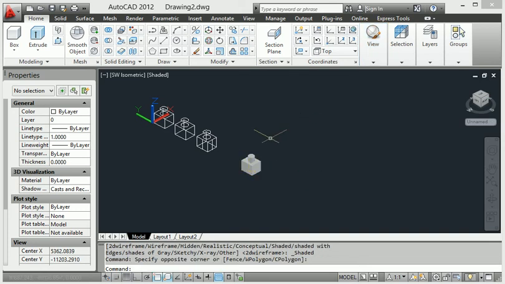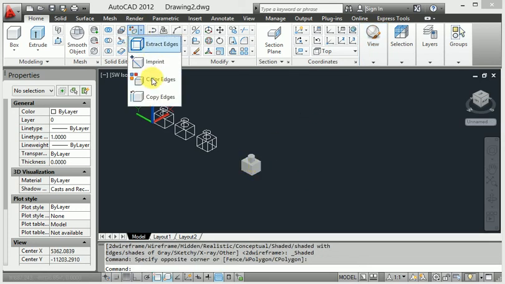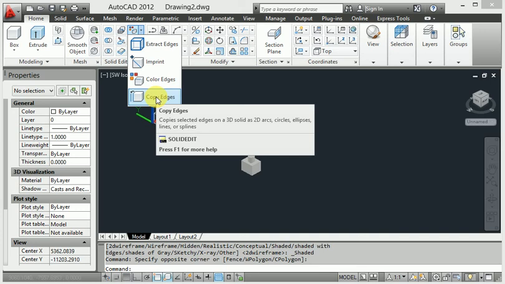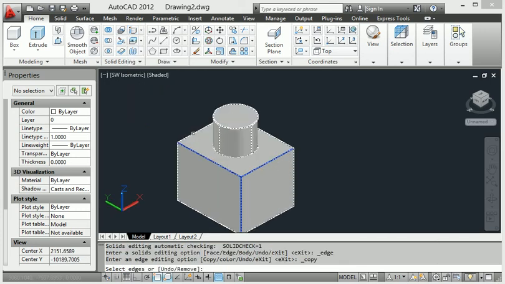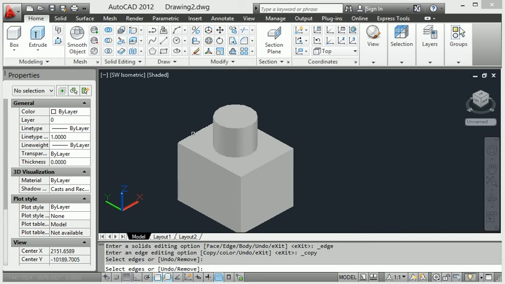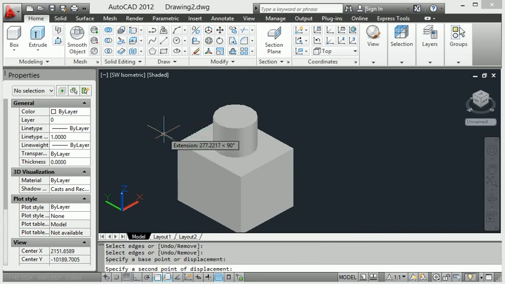Okay, let's go again. I will show you copy edge. When I select copy edge, click this edge, enter, click the point, and provide the distance of 200.